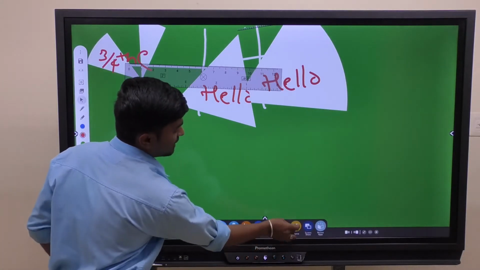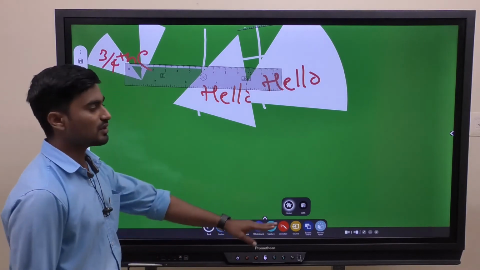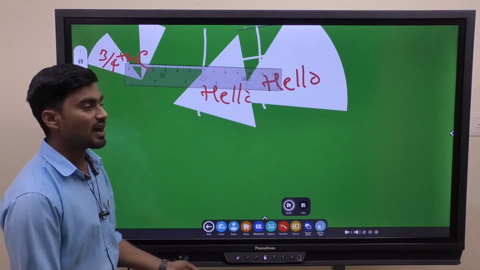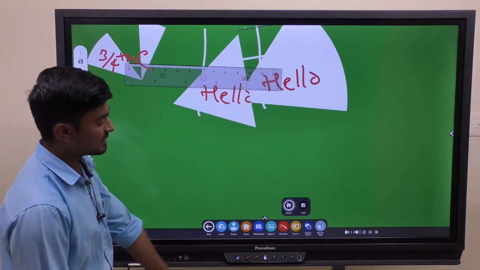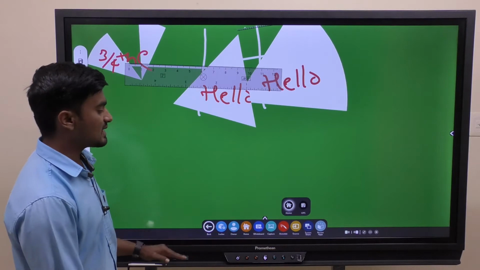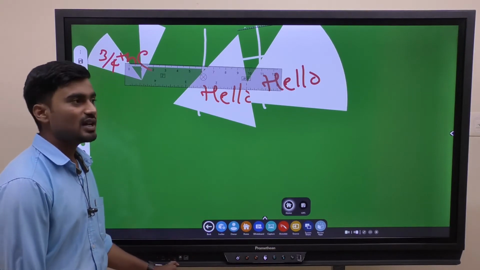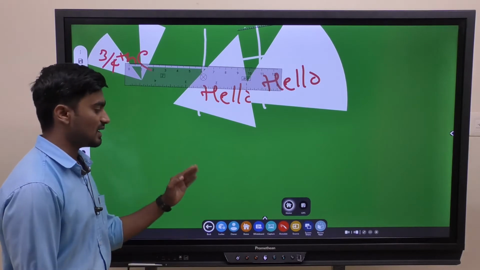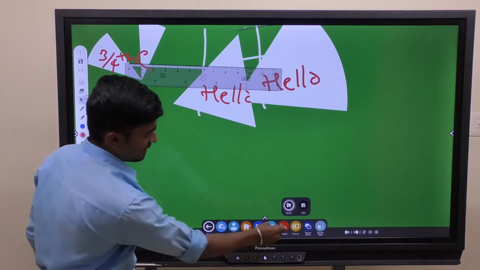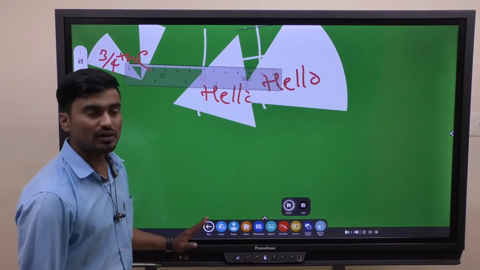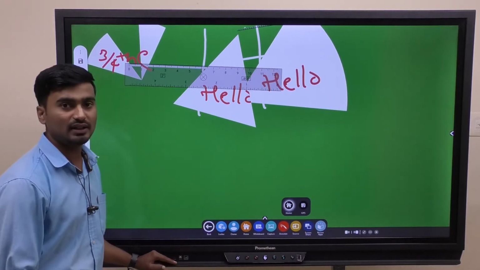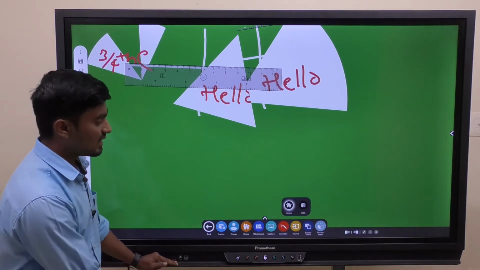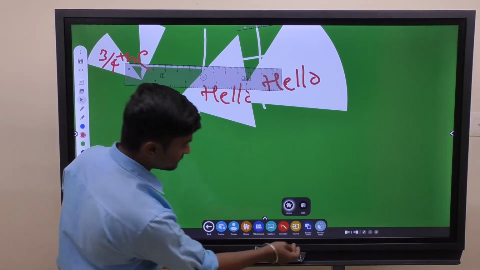And this is source. This can be used for switching from Android to Windows, Windows to laptop, and many things. Whatever we are connecting, this has 3 HDMI inputs. In the sense, we can connect 3 laptops to this panel at a time. And this has one more thing: inbuilt speakers, which are 20 watt each. That is enough for classrooms.